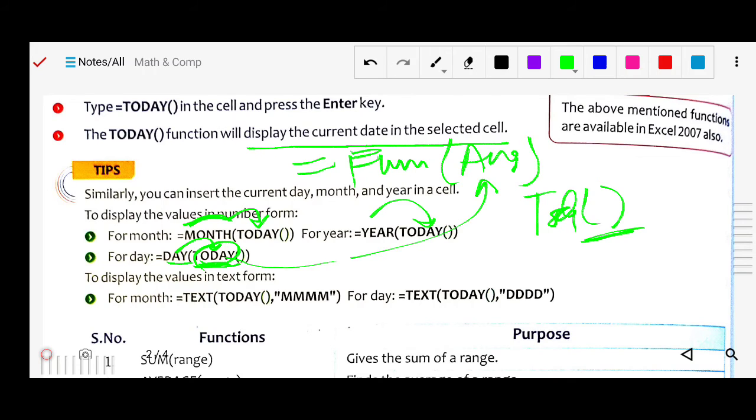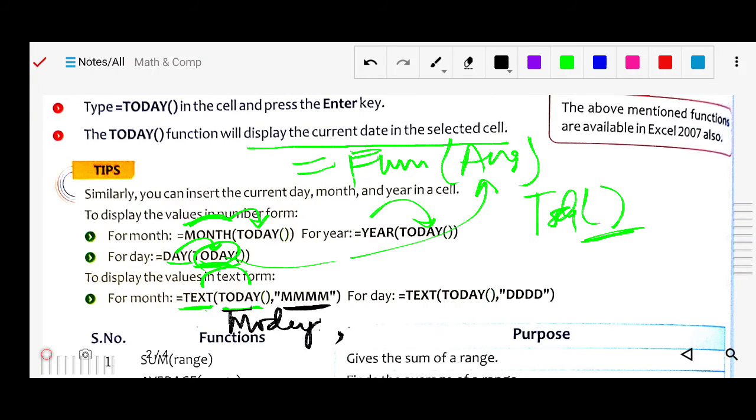Next, for month, TEXT. Okay, TODAY. Here it will give the result in text form. It will show today's name, whether Sunday, Monday, whatever, written as a word like text. Suppose today is Monday, it will give Monday, comma, and then the month.